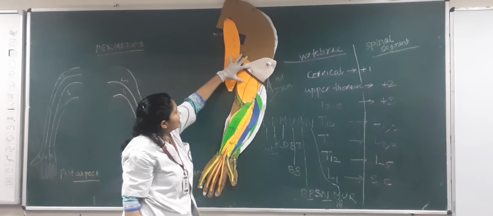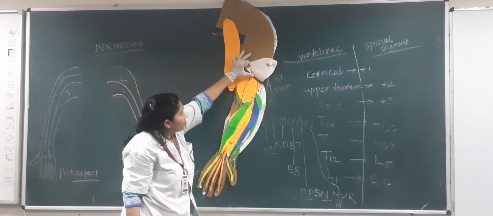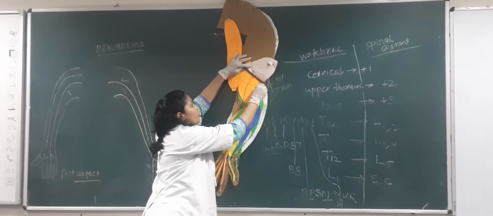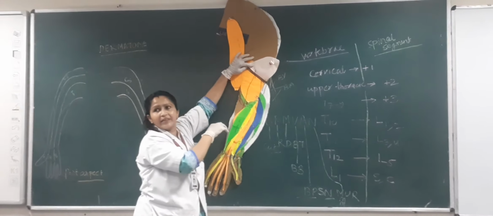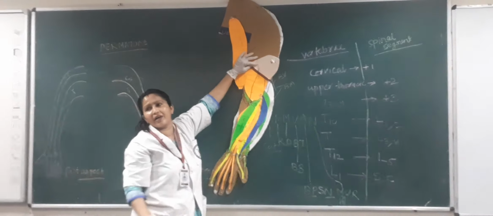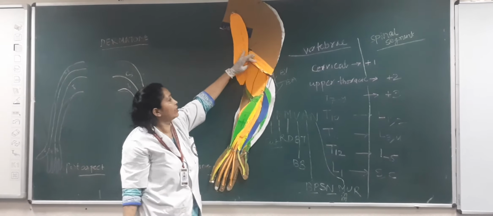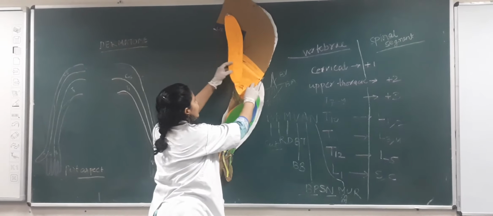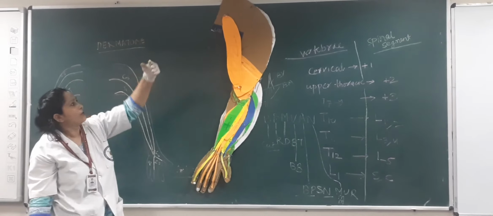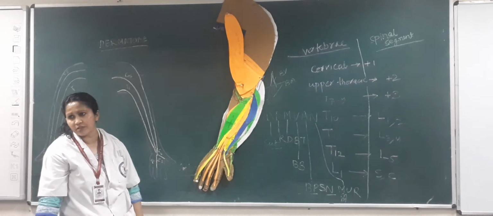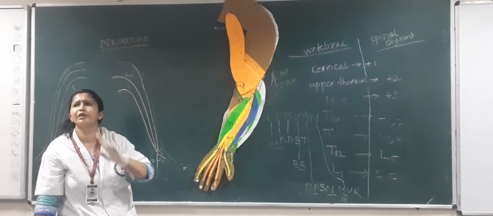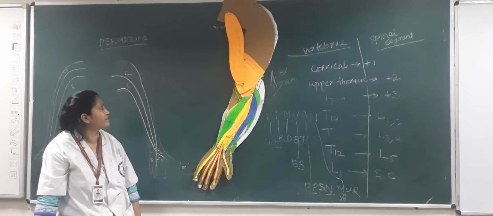Okay, and the medial head arises below the medial border. This is the medial border of the spiral groove and the surface below that. ये linear fashion में नहीं है, ये पूरे surface से इसका origin हुआ है. ठीक है? And now these three heads unite and get inserted over the posterior surface of the olecranon process, the posterior part of the upper surface of the olecranon process. ठीक है?